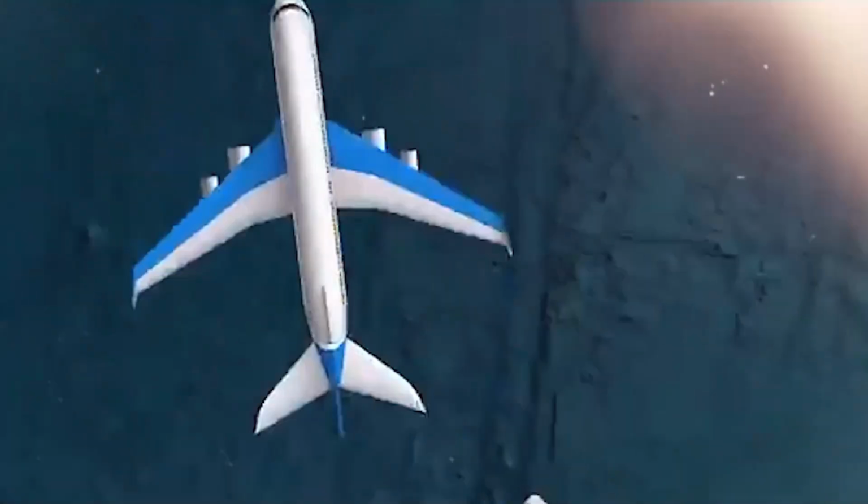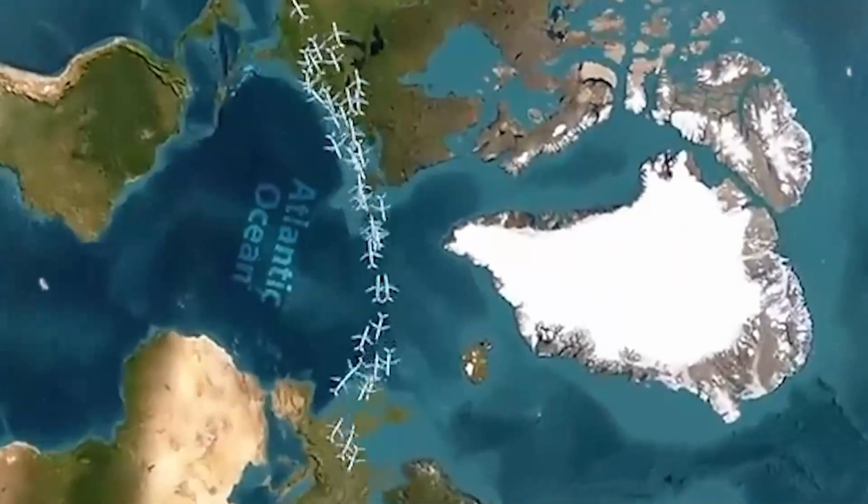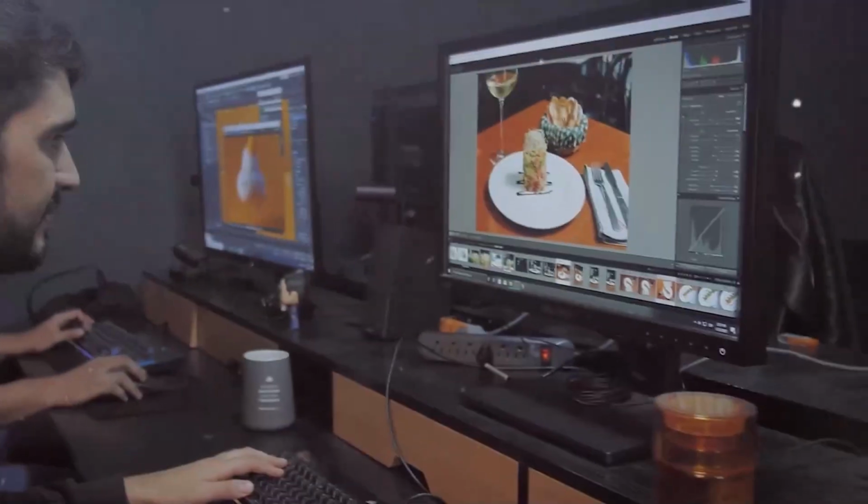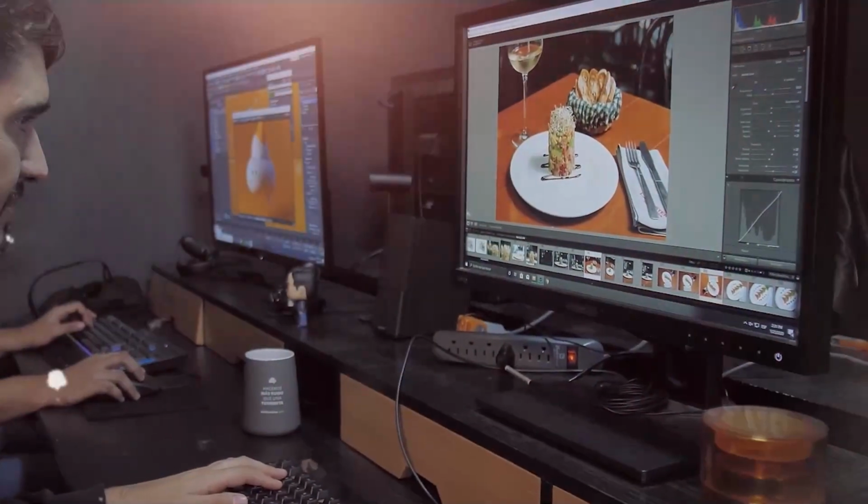It makes you stop scrolling. That's the power of good content. But here's what really blew my mind, when I found out that most of these videos aren't made by professional studios with big teams. They're made by solo creators, people like you and me, using just a few powerful AI tools that are absolutely